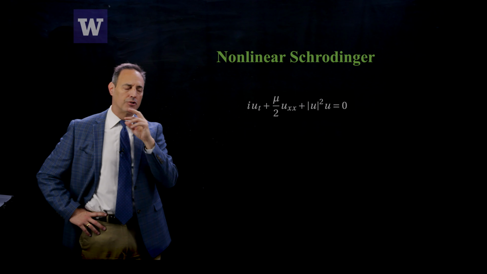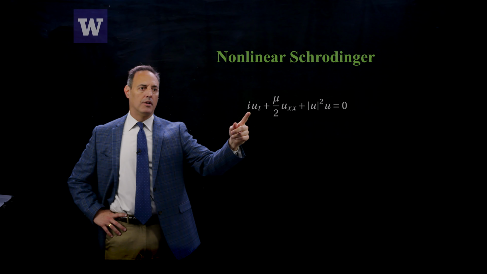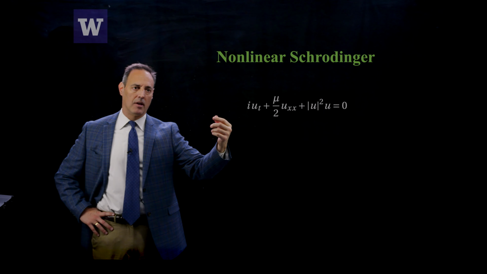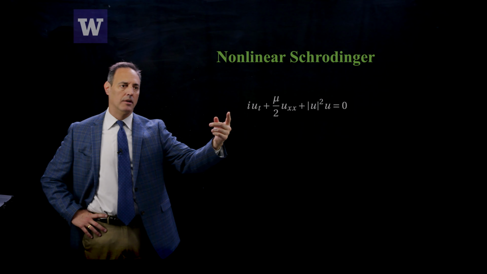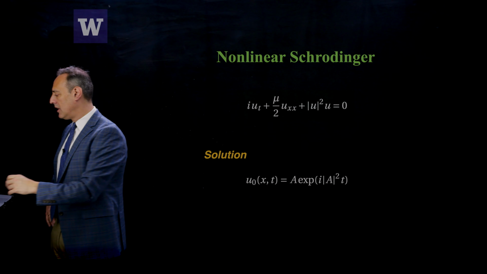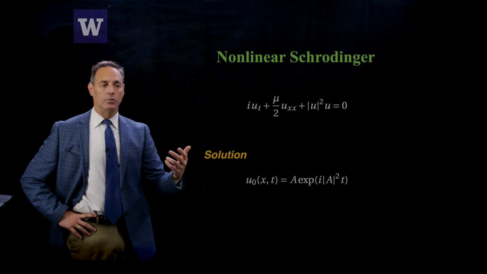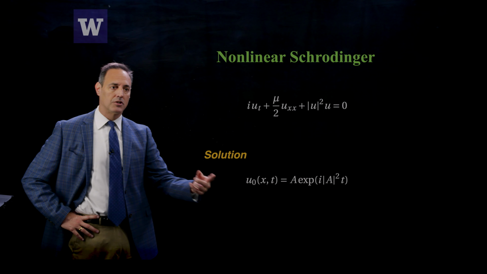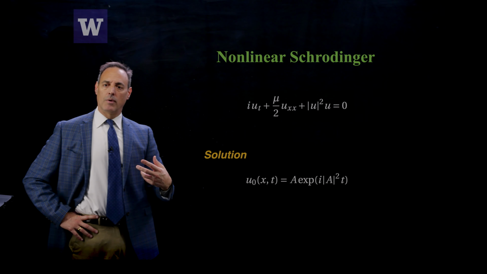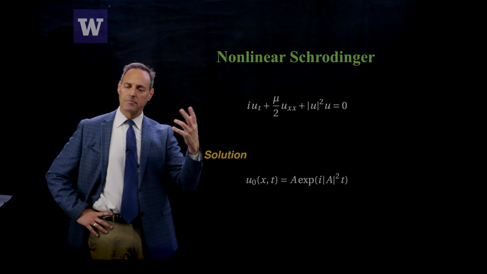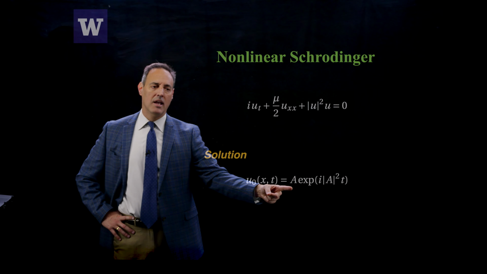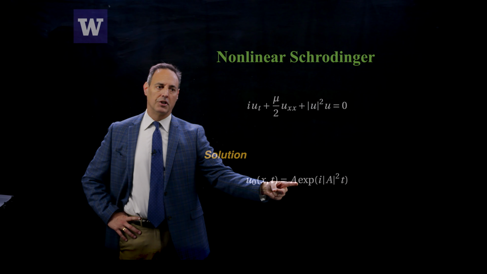So this is the nonlinear Schrödinger equation. Here, it's got an i in front of it, so this is the complex number i, square root of negative 1. And so this is going to be some complex evolution. When you look at this, you start to ask, do I have solutions? There is the zero solution, but I'm actually going to look at this solution right here. This is a plane wave solution. The plane wave solution, which comes from optics, is a constant amplitude solution. And there it is. The constant amplitude is A, and it's got this nonlinear phase evolution, e to the i